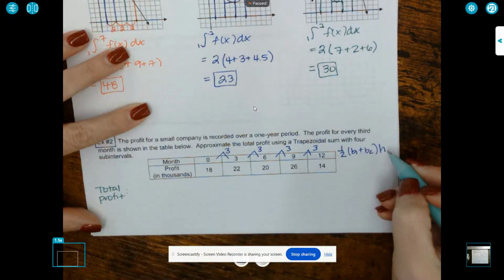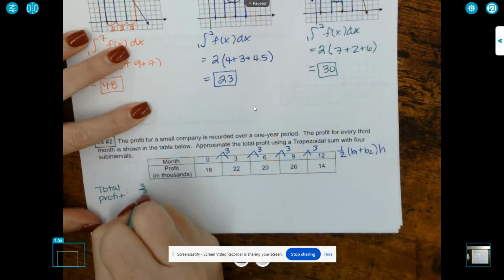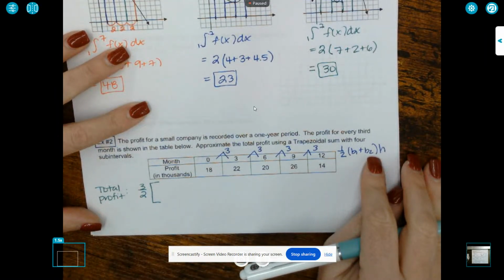Okay, so if I was to have the 3 here, that would be 3 halves. So I'm going to pull the 3 halves in front, base 1 plus base 2. All right, so remember,